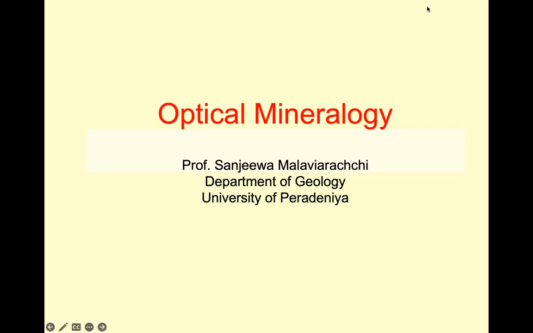If the grain is bigger, you can find them even in a hand specimen, right? When you take a sample, right? But you can't find them clearly when it is very small. So in that case, we have to use an optical microscope or polarizing microscope. Then you can clearly understand their differences. And there are so many other features also. We will go through them one by one